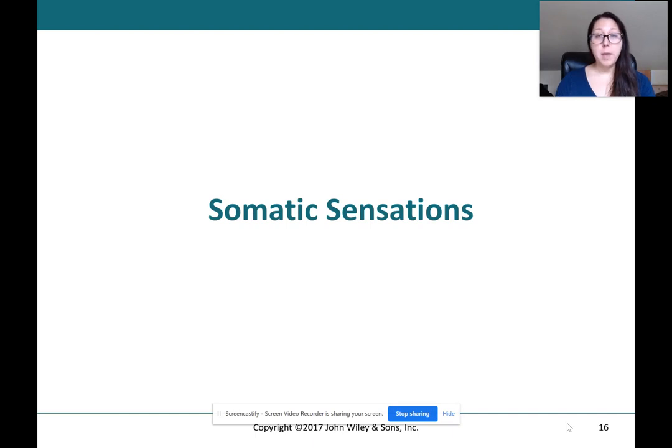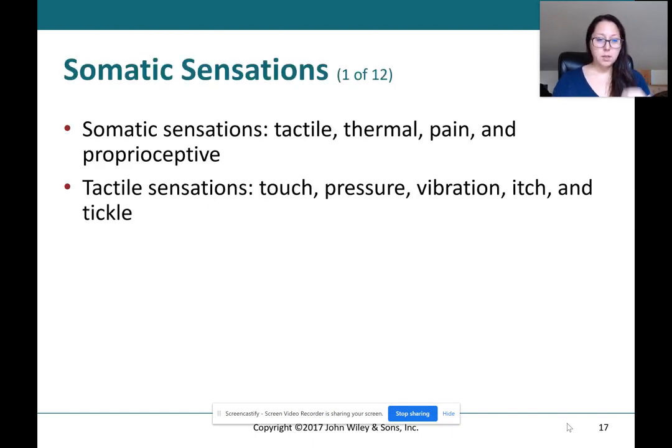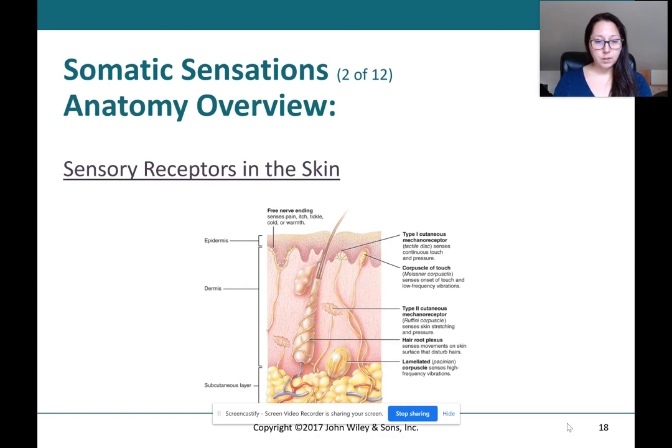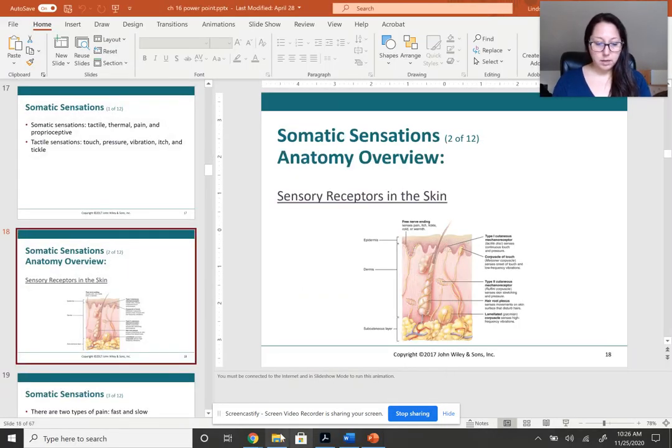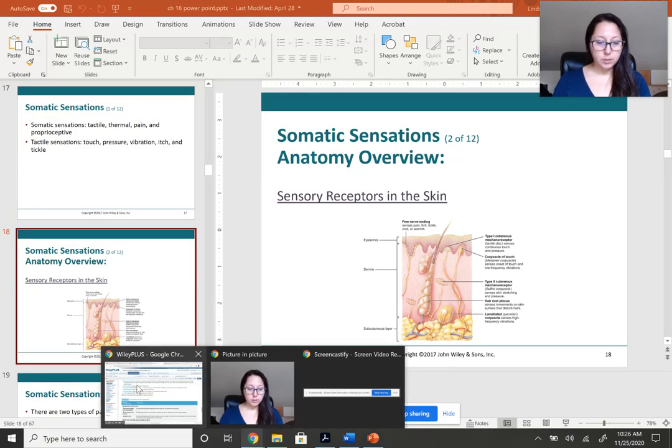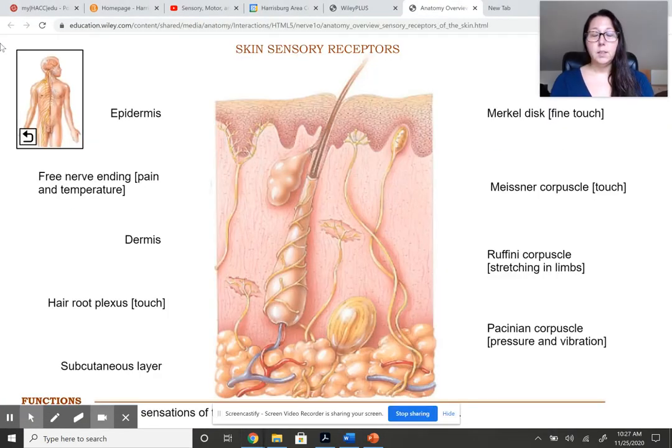Okay, up next, somatic sensations. Somatic sensations, we talked about tactile, thermal, pain, and proprioceptive. Tactile sensations: touch, pressure, vibration, itch, and tickle. I brought up this interaction here, so let me switch over. You have this picture in your book, but it's a little bit bigger here, so I wanted to take a